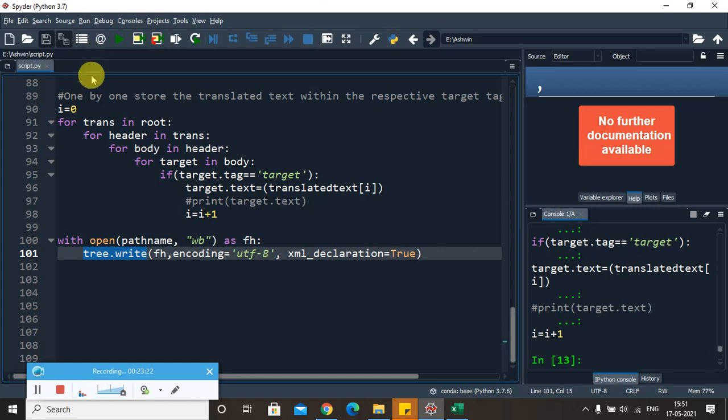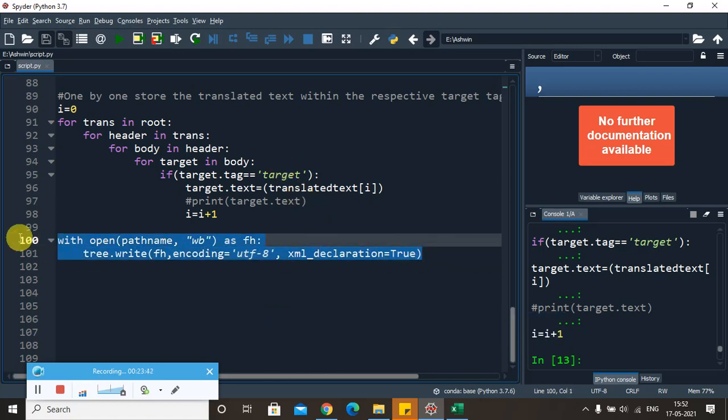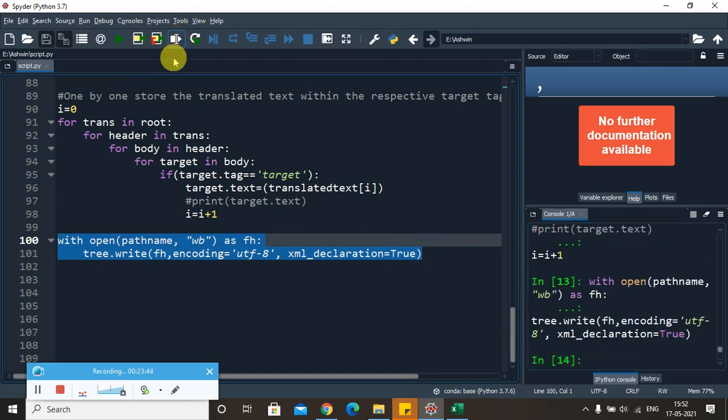So you are overwriting with the new tree, with the proper encoding format and XML declaration. If you don't give this XML declaration in UTF-8, most of the characters will not be rendered correctly. To avoid such things, we have to give this, and once we execute these lines of code, we can see that the file has been overwritten.